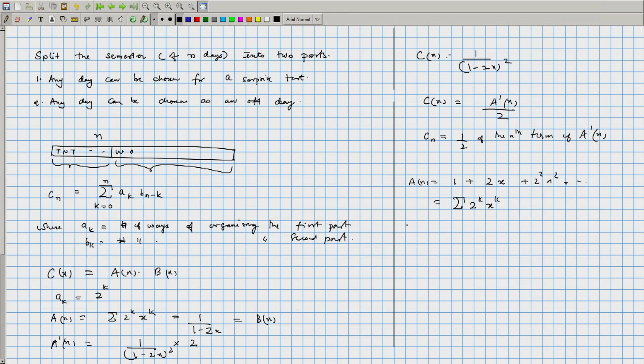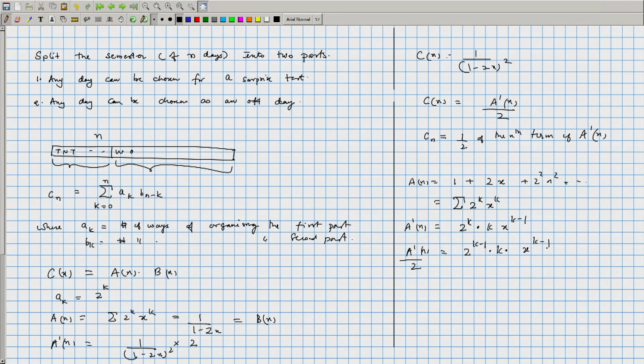So, a prime x is equal to the summation of 2 raised to k into k into x raised to k minus 1. So, a prime x by 2 is equal to 2 raised to k minus 1 into k into x raised to k minus 1,